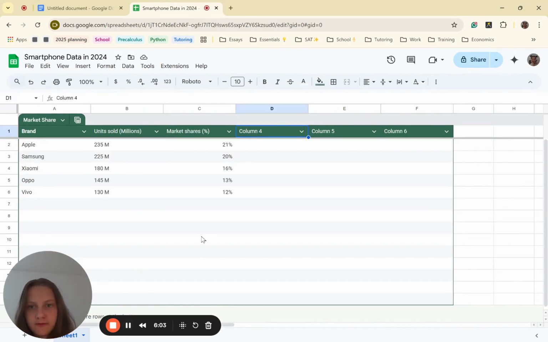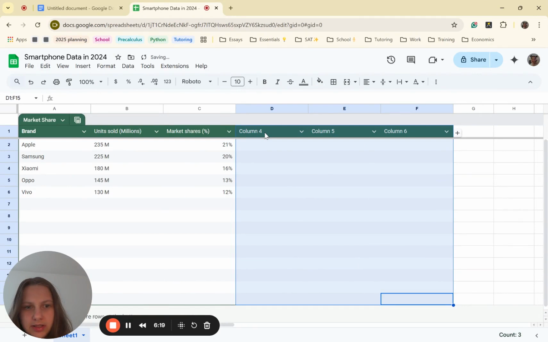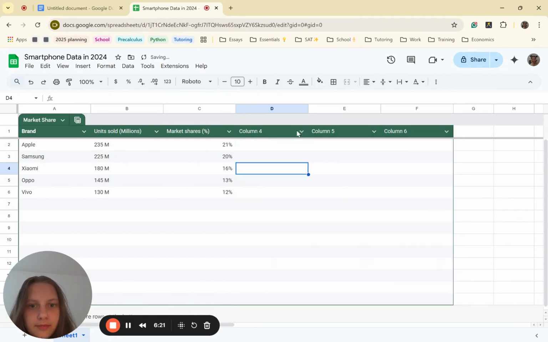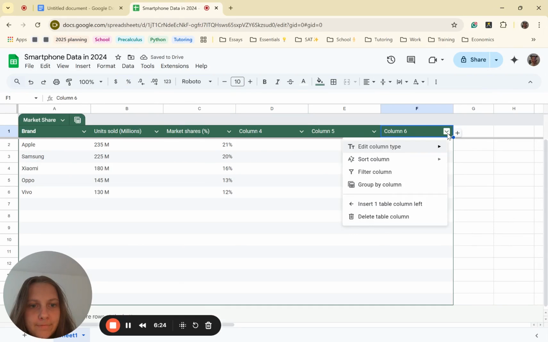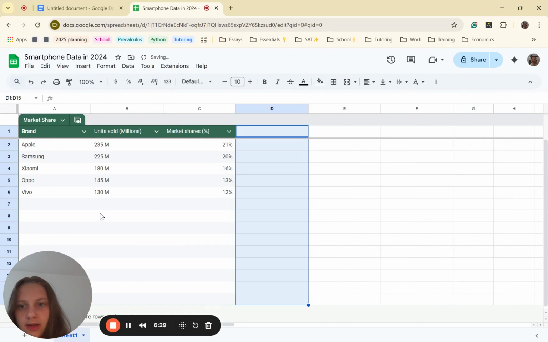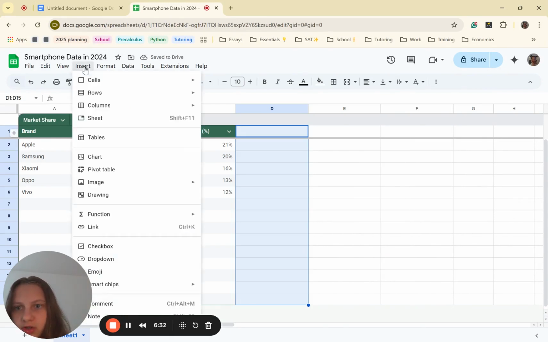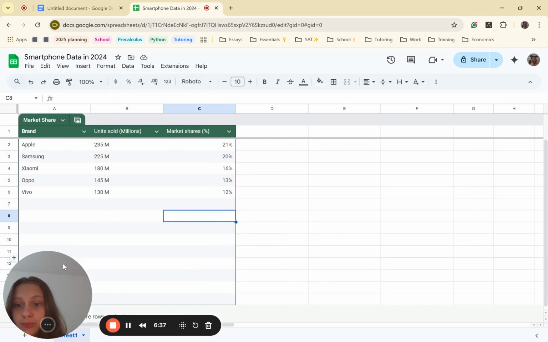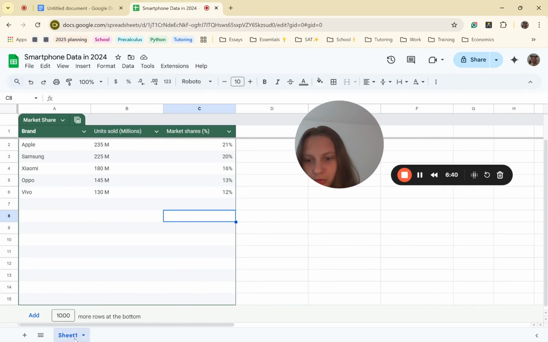Alright, so I quickly finished the units sold and the market shares. I have renamed the column and I already put in all the correct percentage values, and we just have 3 more columns left. So I'm just going to delete those. And we could just do a lot more, like insert charts and everything like that. So that is cool. I am going to probably move on to our next sheet.